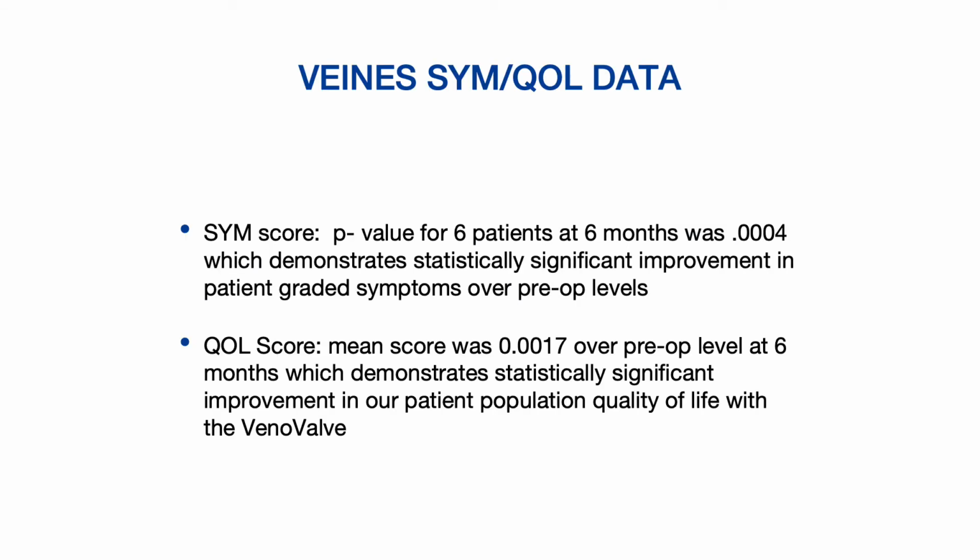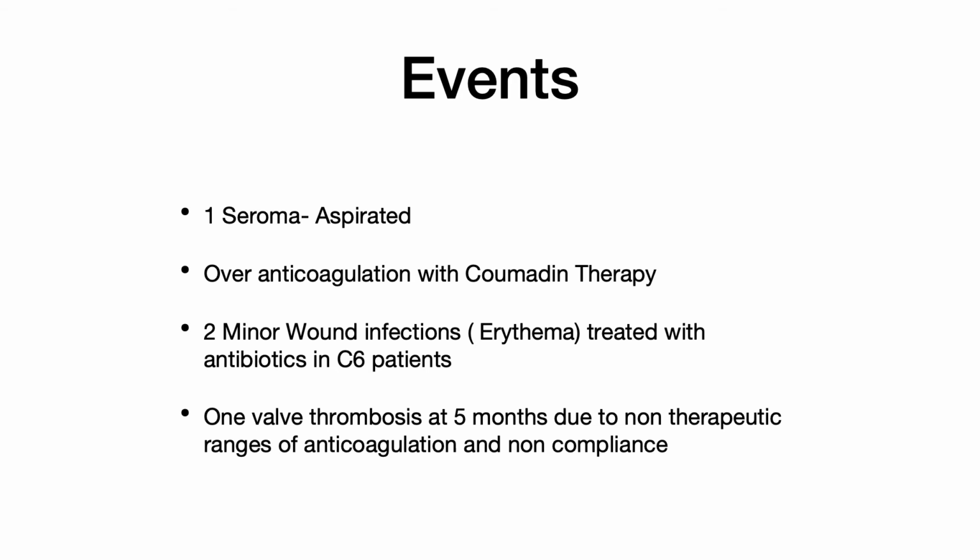VEINES scores of the cohort of patients that reached 6 months showed significant statistical improvement over pre-op level, both at the SYM score and QOL score. These are very interesting results. We had 1 seroma that was successfully aspirated, 1 nightmare of over-anticoagulation with Coumadin therapy, 2 minor wound infections treated with antibiotics in C6 patients, and 1 valve thrombosis at the 5th month due to non-therapeutic ranges of anticoagulation